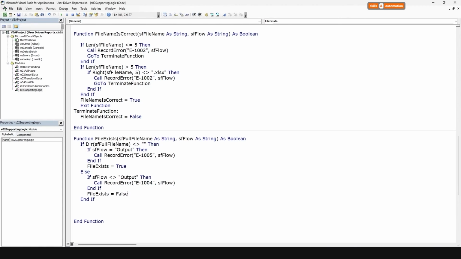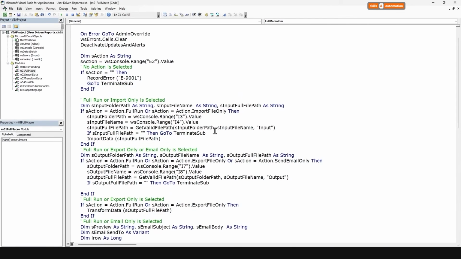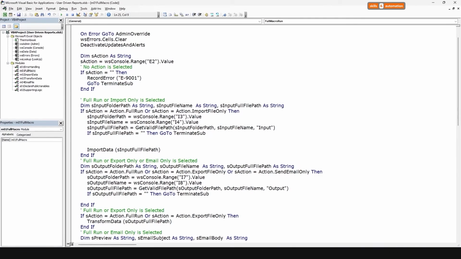And the function will return a false. Okay, let's call this function from the parent sub. First, let's call it before we run the import process. So if the file doesn't exist, we will terminate the sub because there is no input file to import from. We need to pass in the full file path, our file, and if the function returns a false,